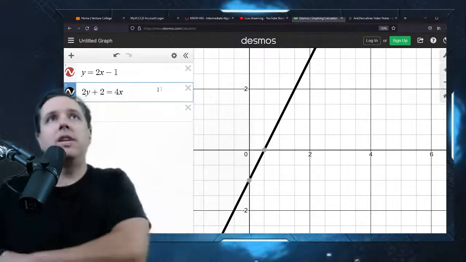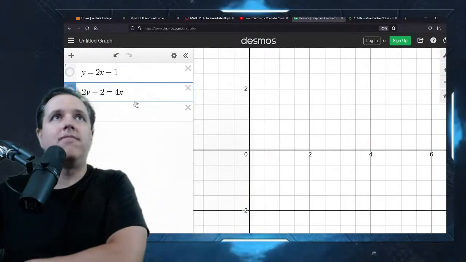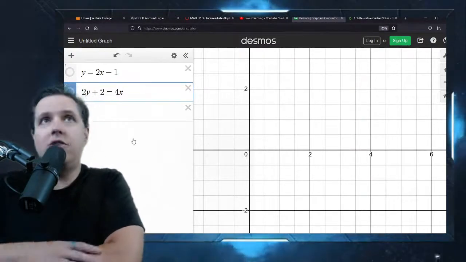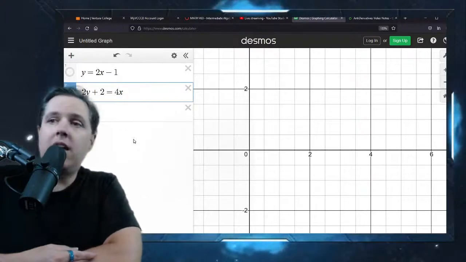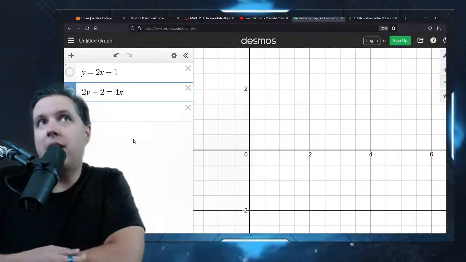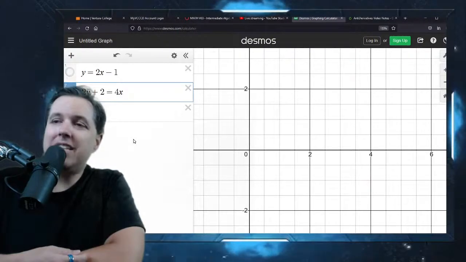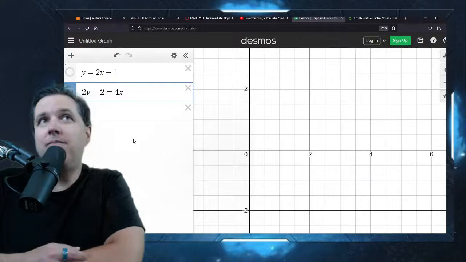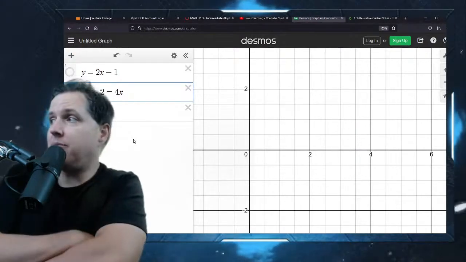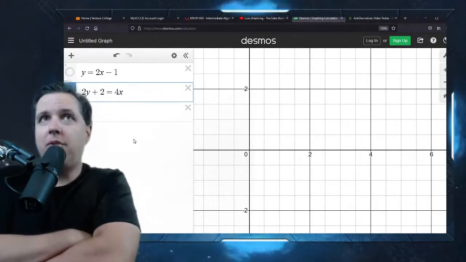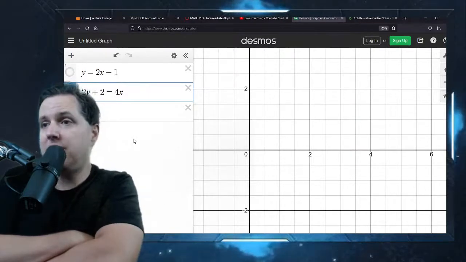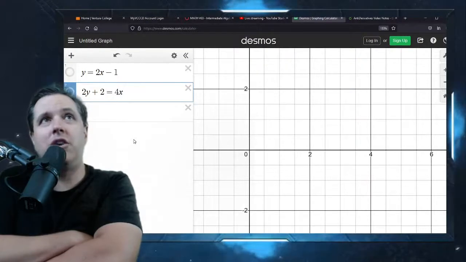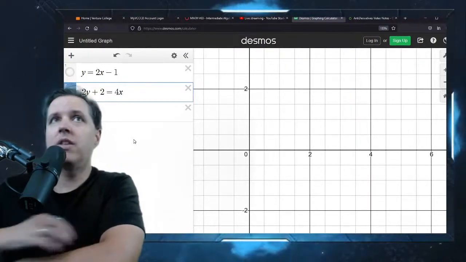There we go. So these two, let's not look at the graph for a minute. These two lines that I have written here algebraically, they look different, right? If I handed you these, you'd go, yeah, okay, you gave me one line, and then you gave me a different line. That would be your assumption, except I didn't. What I gave you was the same line in two different forms. And that's going to happen sometimes in your systems of equations. Your system of equations will actually be built from two of the same line, but you won't recognize it right away. Because it's totally reasonable when you look at these, you go, I don't think they have anything in common. And you move on.